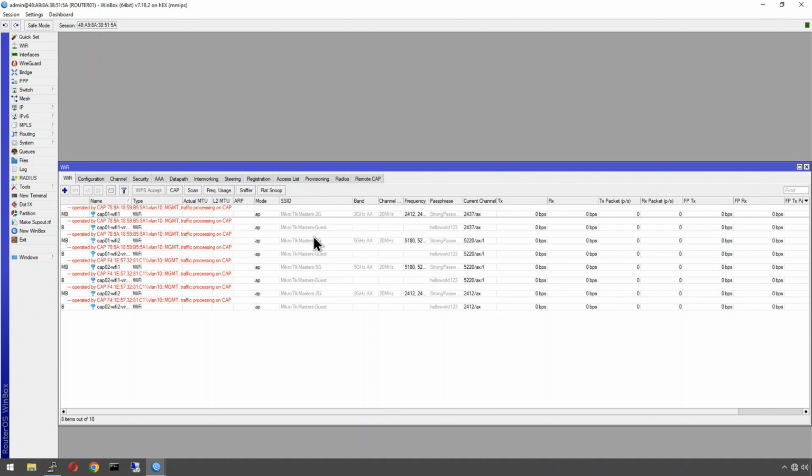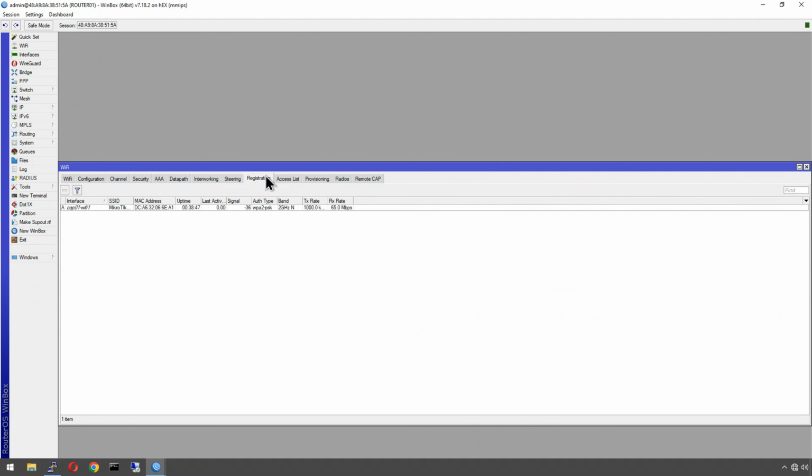So, as I mentioned in the last video, I've separated what I'm calling my corporate between my 2 and 5G interfaces, but the guest is just the same on all of them. The guest is a sub interface of the primary one, so it has no channels or channel width information, because it takes that from its primary. And I do currently have a single client, which is my Raspberry Pi, connected on the CAP1 Wi-Fi